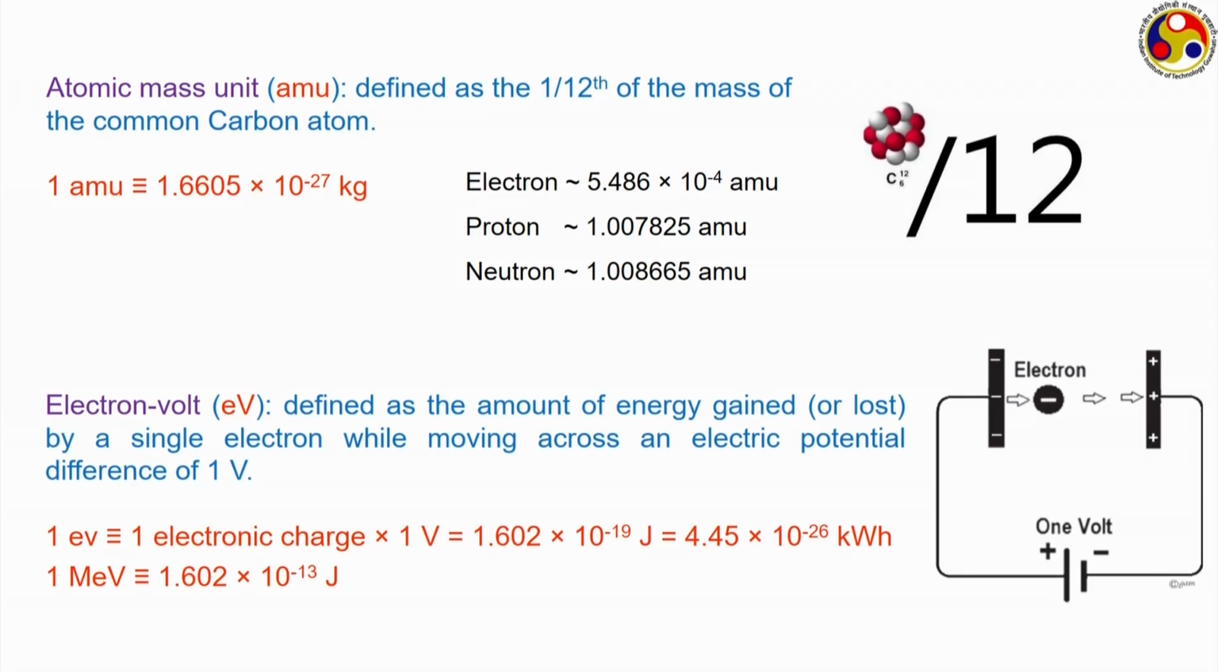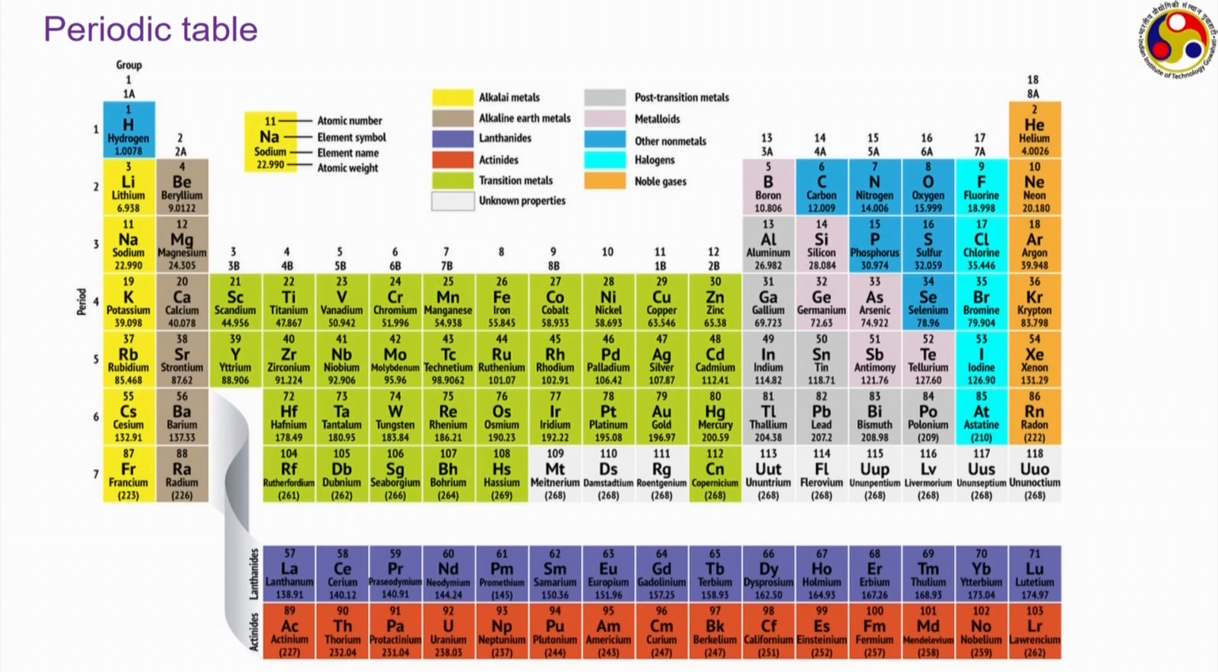So, the corresponding amount of energy will be 1 electronic charge multiplied by 1 volt, giving 1.602 into 10 to the minus 19 joule. And electron volt generally being a small unit, MeV is mega electron volt, which is 1.602 into 10 to the minus 13 joule. We have to repeatedly make use of this particular one. So, from now onwards we shall be using AMU as the unit for mass and MeV as the unit for energy unless otherwise required. This is a structure of a modern periodic table,